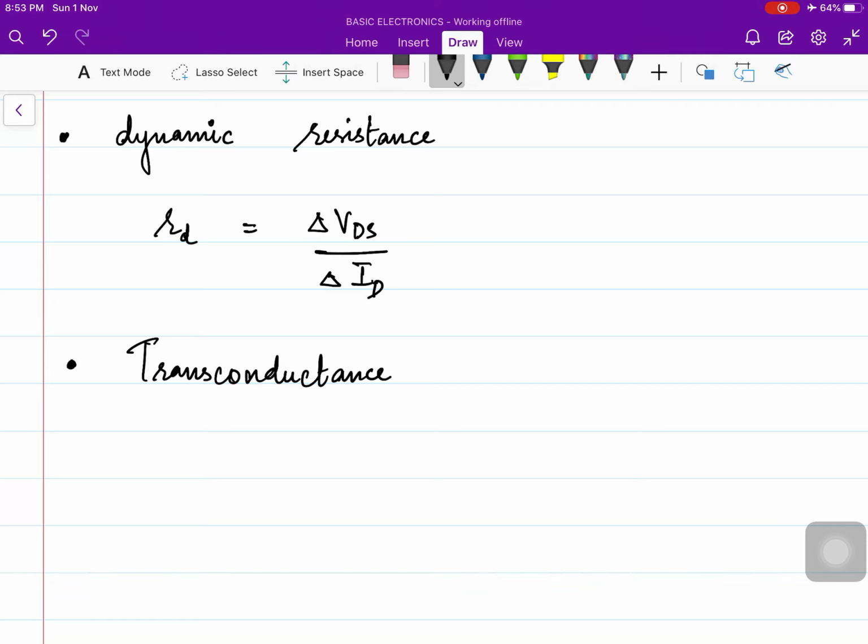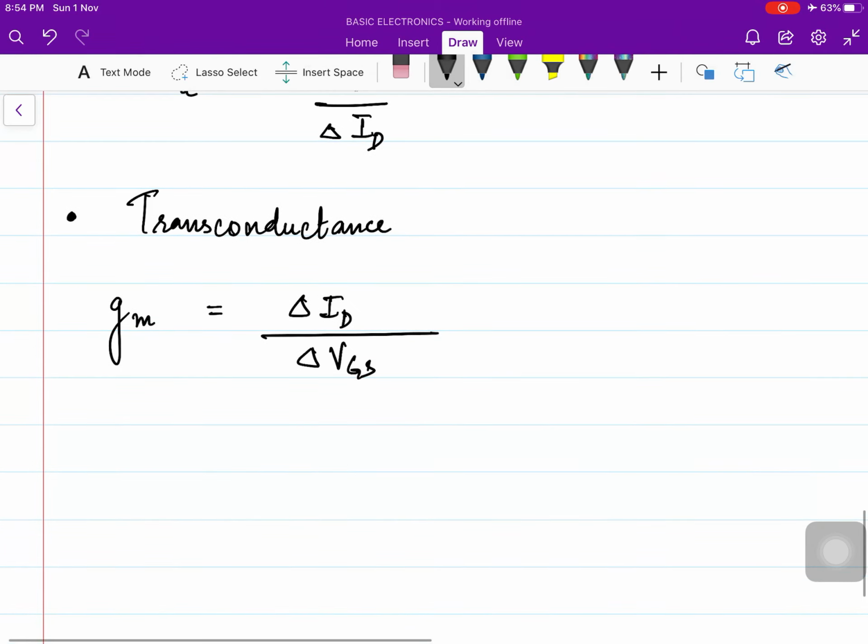Transconductance: first of all, only recognize the word conductance. Conductance is the opposite of resistance, so obviously the formula is going to be current upon voltage. Now current we have only one in case of JFET, that is ID. Voltage we have two, VGS or VDS. So which voltage has to be taken? Now remember the word transconductance. Trans means if you have taken the drain current, then the voltage has to be the other one, that means the gate to source voltage. So it is represented by, very important, gm equals delta ID upon delta VGS.